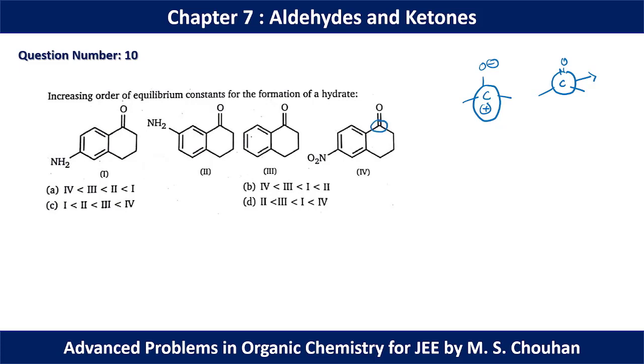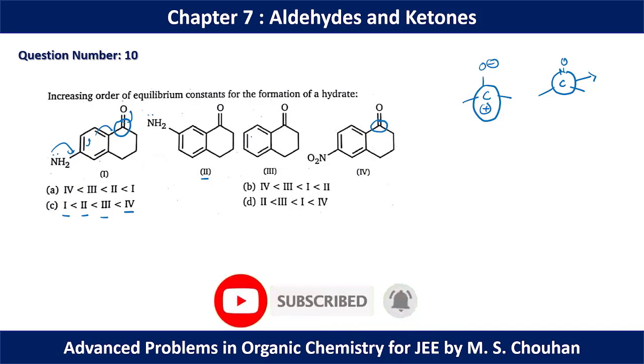So in case of 4 we have the maximum rate, and as we have electron donating group present here, so it will reduce the electron deficiency or electrophilicity. So in the first molecule you have the minimum rate, so fourth molecule maximum rate, first molecule minimum rate. Again in 3 we don't have any electron donating or withdrawing group, so 3 is present here. NH2 is electron donating group here, so again the rate will be lesser, but para position it will be more effective. That's why the option 1 should be the least position. So for question number 10, option C should be the correct option.